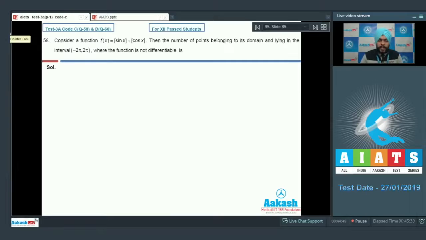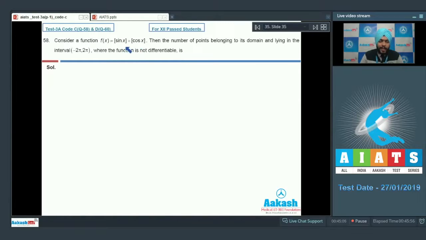So coming on to the integer type problems, we have question number 58, which says: consider a function f(x) equal to greatest integer of sin x plus greatest integer of cos x. The number of points belonging to its domain and lying in the interval -2π to 2π where the function is not differentiable is... So students, what we have to do in this type of problems,